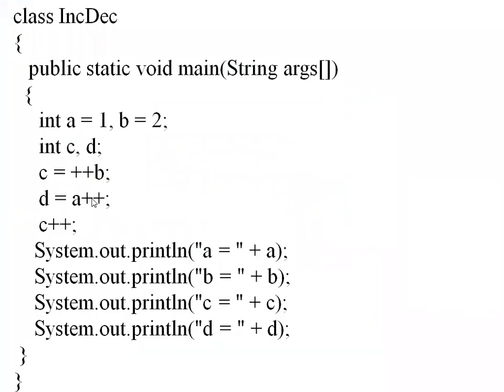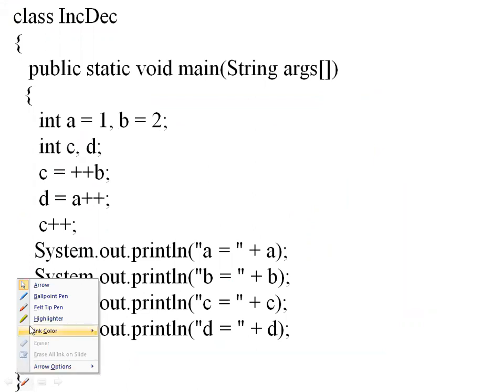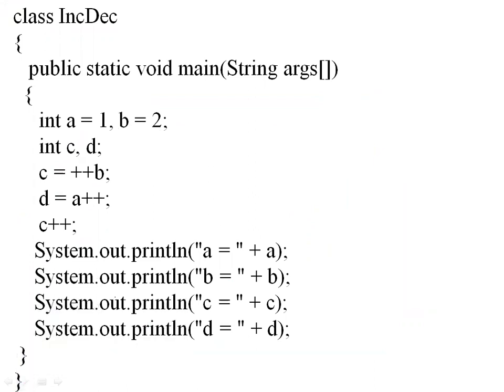Now, quickly evaluate this and tell me what the A, B, C, D values are. Initially A is equal to 1, B is equal to 2, and then C and D. Go with memory diagrams, it is better. You tell the answer, I'll directly write answers here.